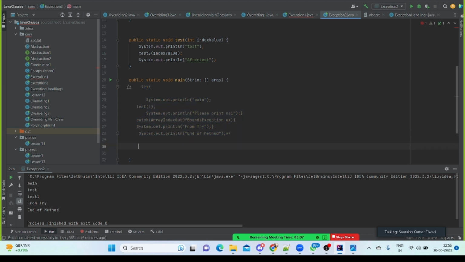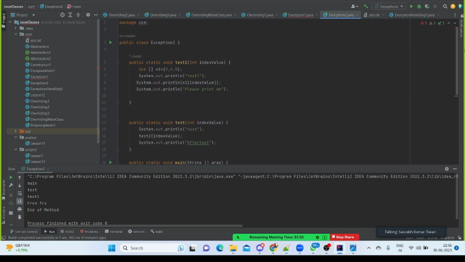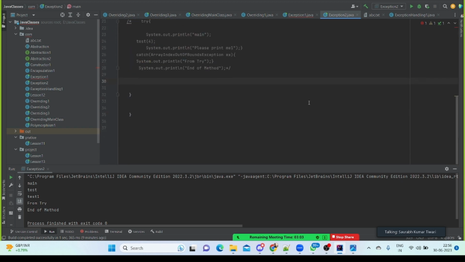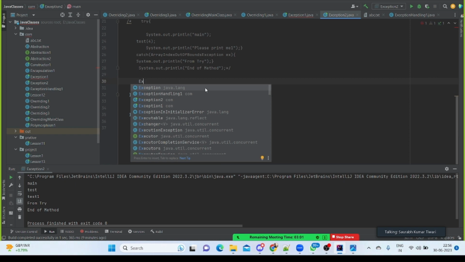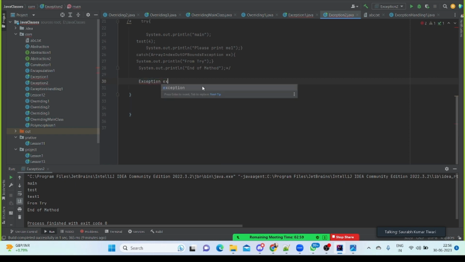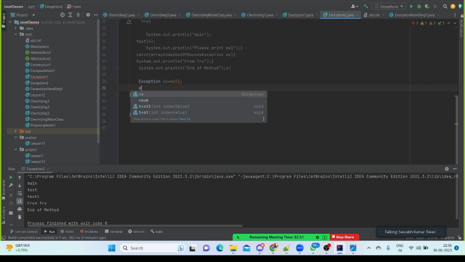Null pointer exception will be, suppose I am just taking exception ex equal to null. Now I'm trying to call ex dot